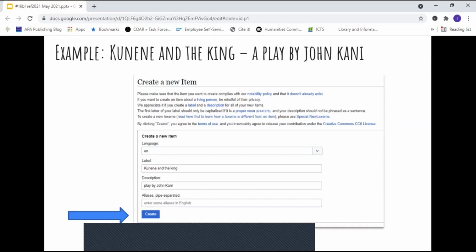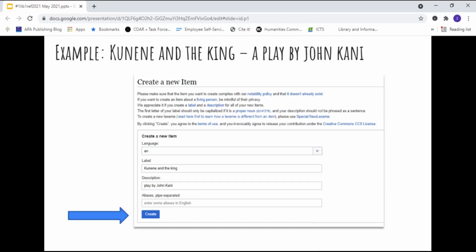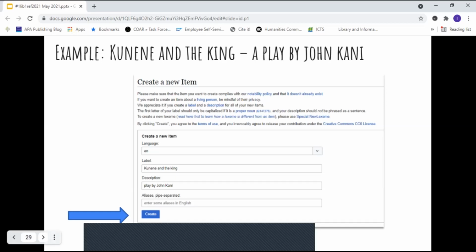So on this slide, this is just an example of the form when you click on create new item. So for this example, we've used Kunene and the King, a play by John Carney, and that was just used as the example to create a new item.